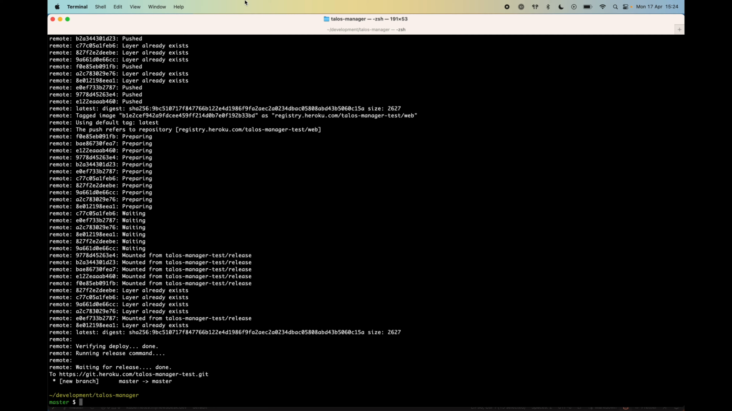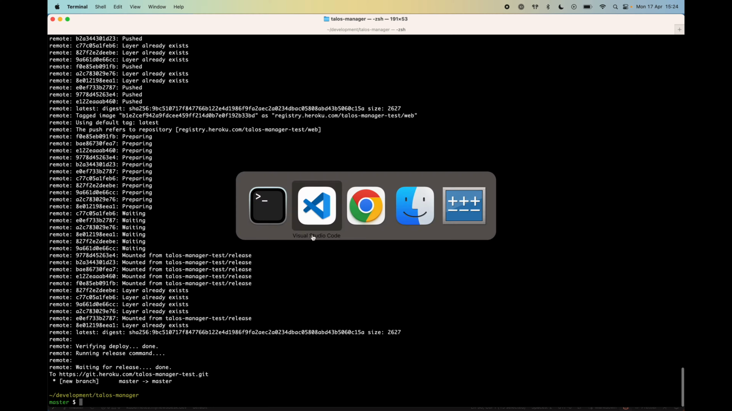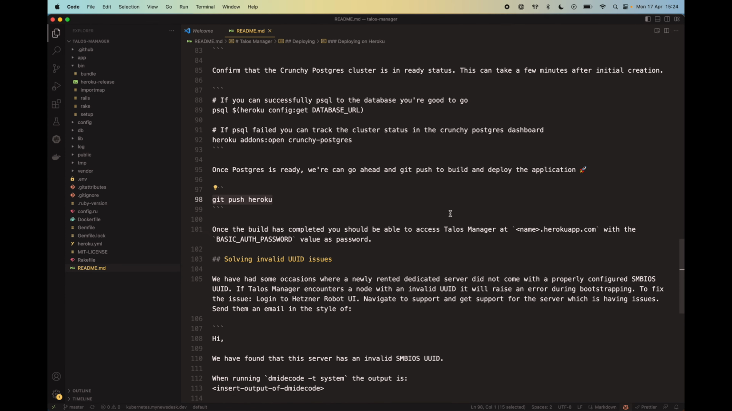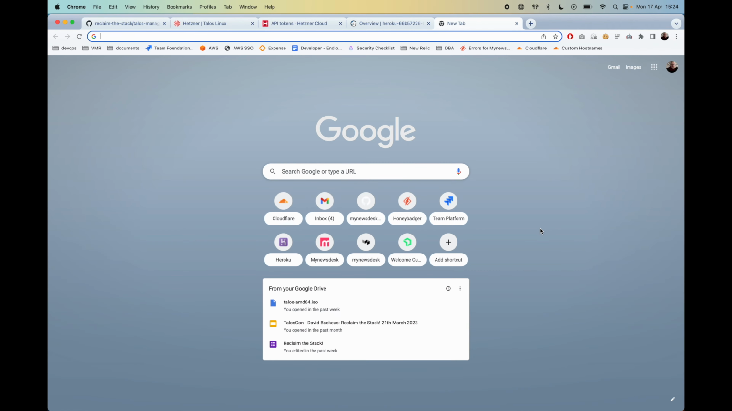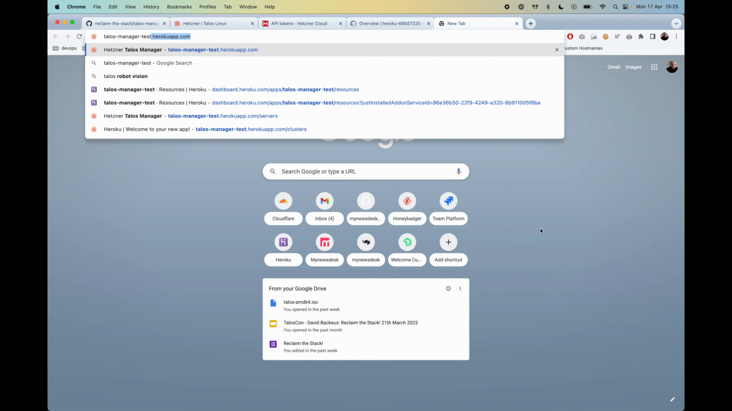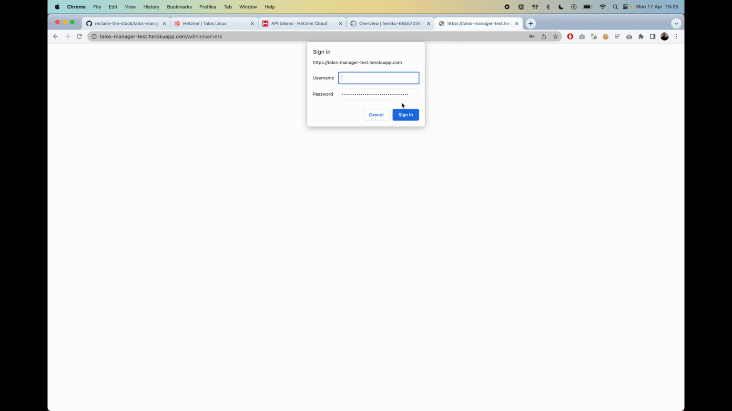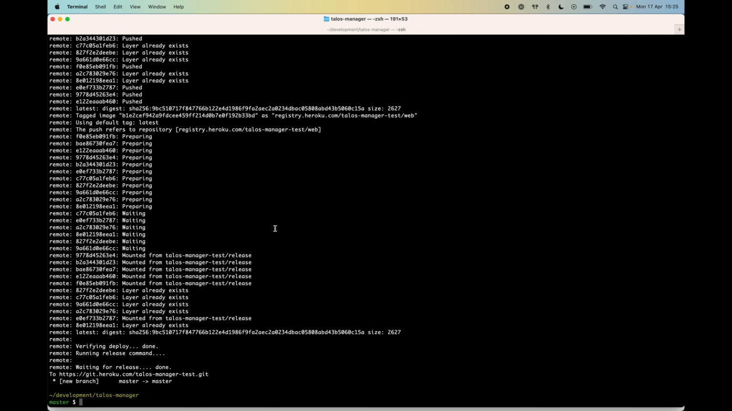Okay, so there we are. We have successfully built the application, and hopefully we should now be able to access it on this URL here. So I think I had this previously on a test run, but the value of the password will have changed. So